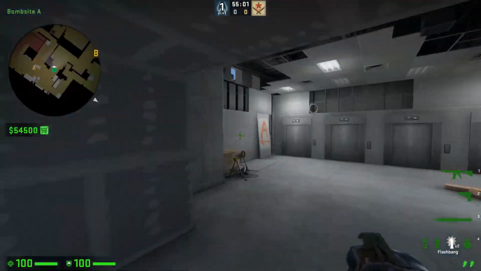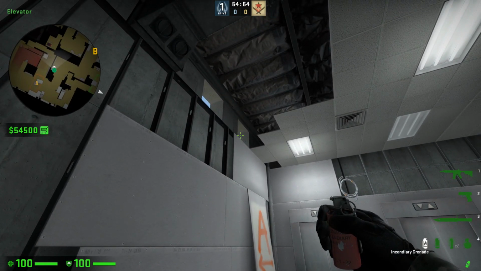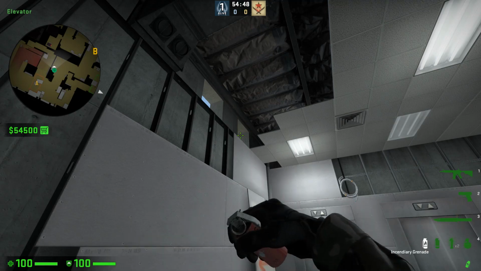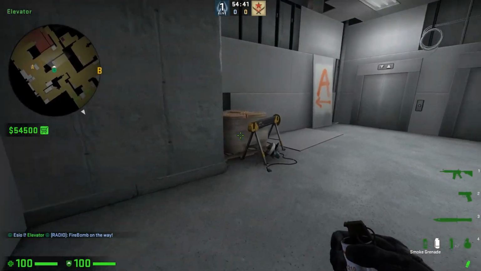So let's say that after smoking, if you have a Molotov left, you could actually just do this right here. This one's a bit easier because of my crosshair. As you can see, it lines up on the left-hand side on the bottom, and then you just throw it right there. And that will land there, and I'm pretty confident that if you've done the smoke correctly,